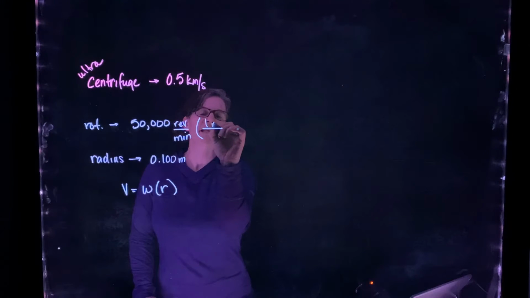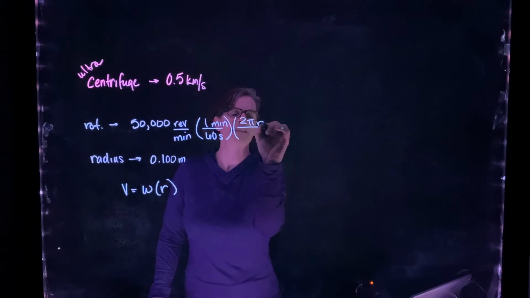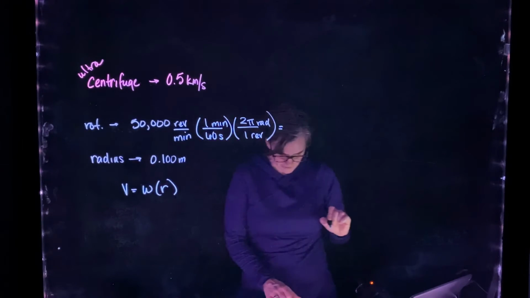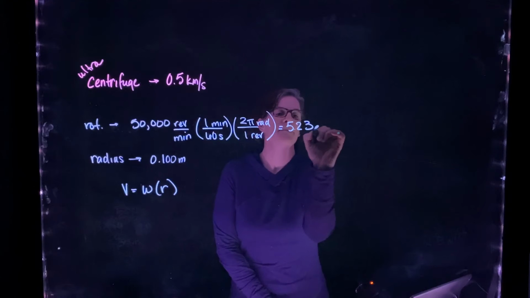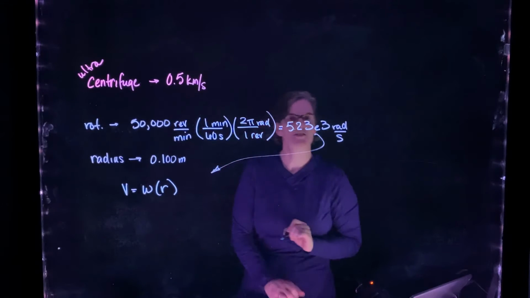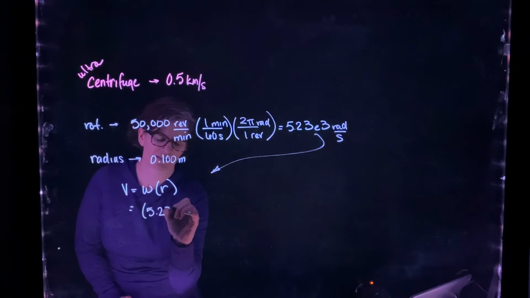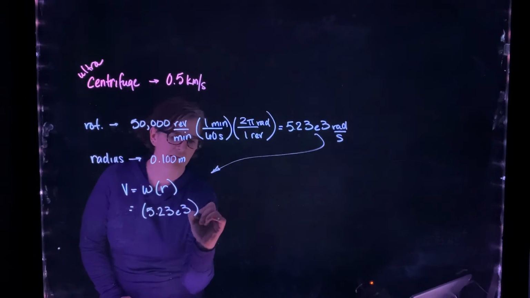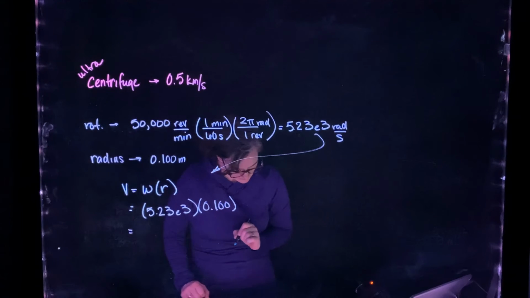We know in 1 minute we have 60 seconds. That's going to get rid of those minutes. And there are 2 pi radians in 1 revolution. So that gives us an angular speed of 5.23 times 10 to the third radians per second. Now I'm going to plug that in to my linear speed. So we have 5.23 times 10 to the third times our radius of 0.100, and we get a linear speed